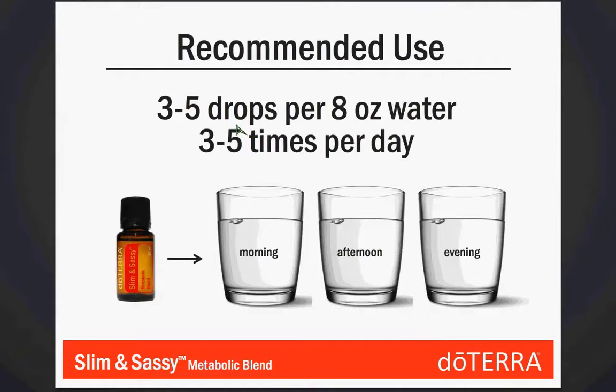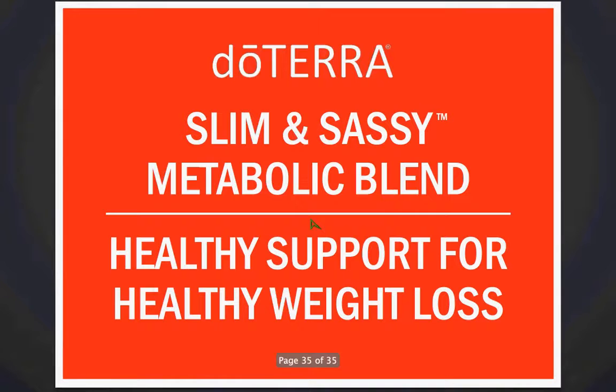Recommended use. So again, this is a little bit too much. Start slow. Listen to your body. It says 3 to 5 drops per 8 ounces of water, 3 to 5 times per day. And I will give you all